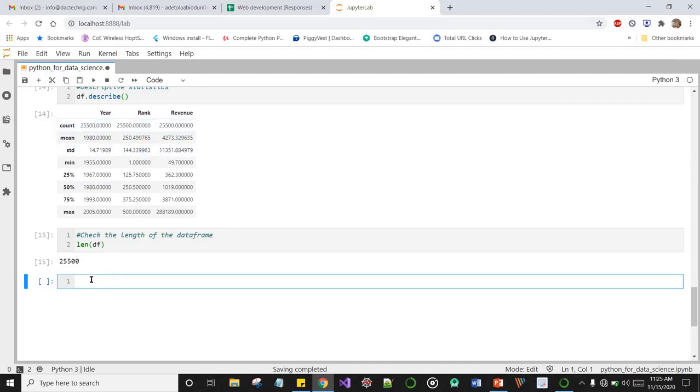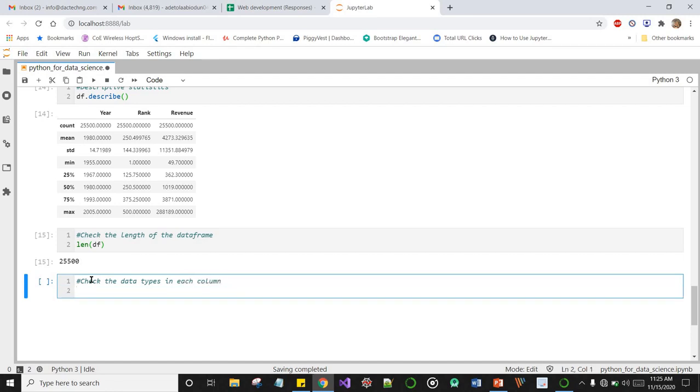Okay, and another quick QC we can do on the data is to check the data types in each column. This is very important because, let's say a column is made up of integers, right?